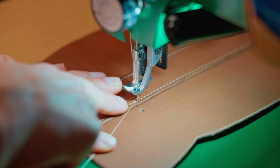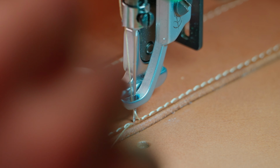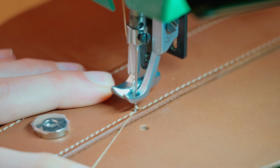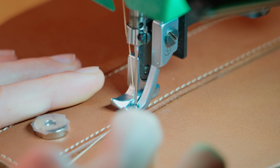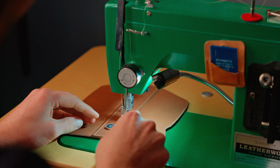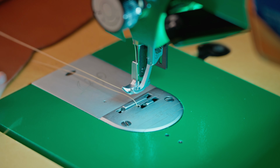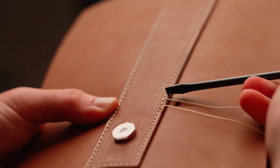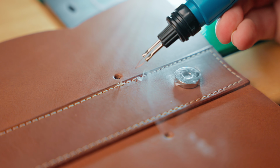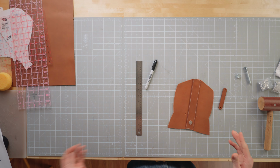Then again, you'll see here I'm about ½ millimeter off from landing in that old hole where I started. So with my presser foot up, I can position that needle right above where it needs to go before I drop it again and complete that stitch. So whether it's around a pivot or at the start or end of a seam, that's a really good trick to make things look a lot nicer. Right here is where I did that long stitch, and right there is where I started. Then of course I use the Sailrite thread burner before taking it back to the workbench. And our next step is...